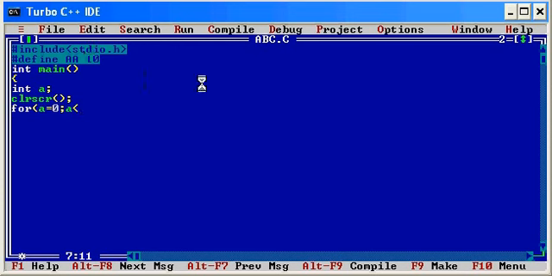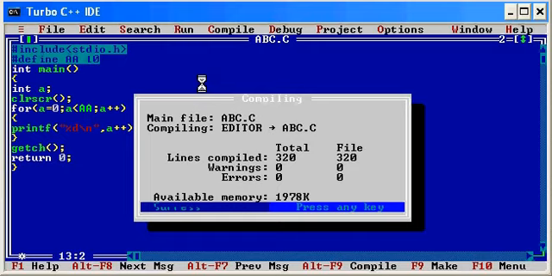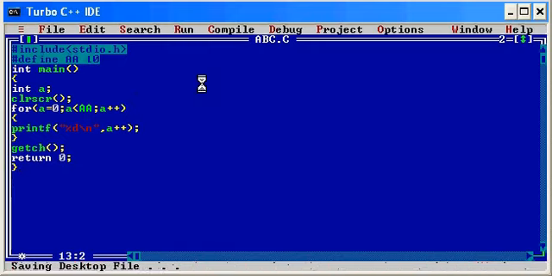Instead of writing any number over here, I can write AA; a plus plus. printf %d slash n, comma a plus plus. So I'll run the program now.